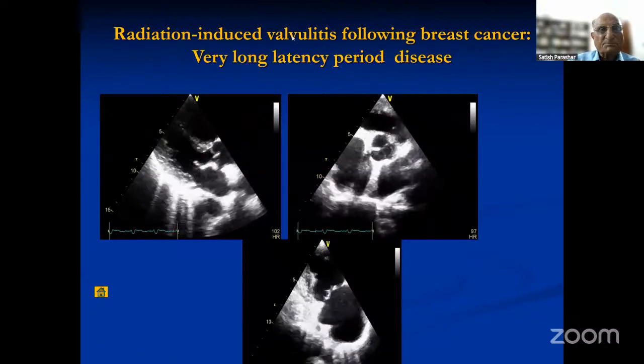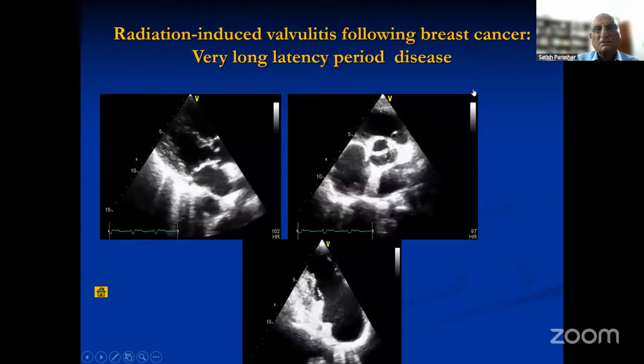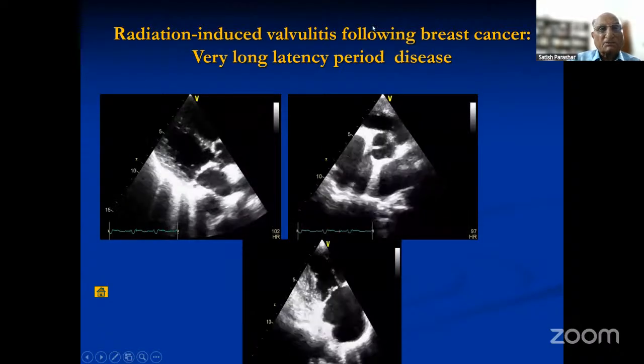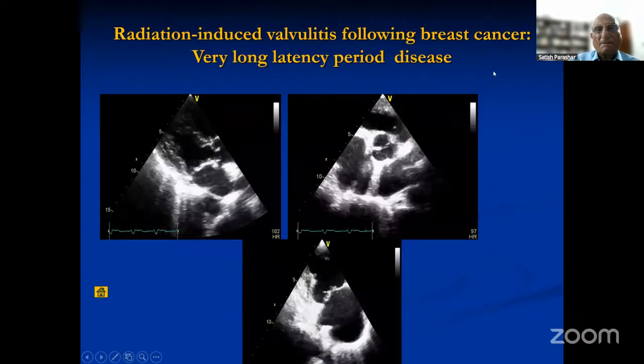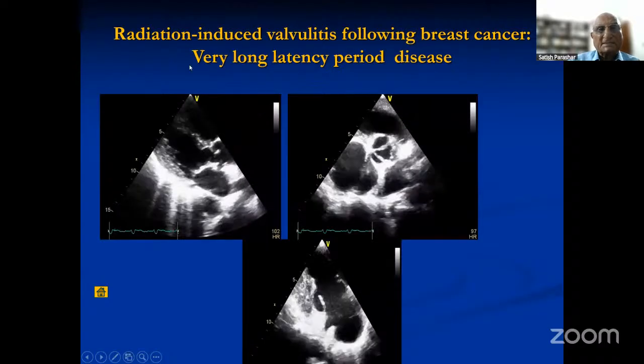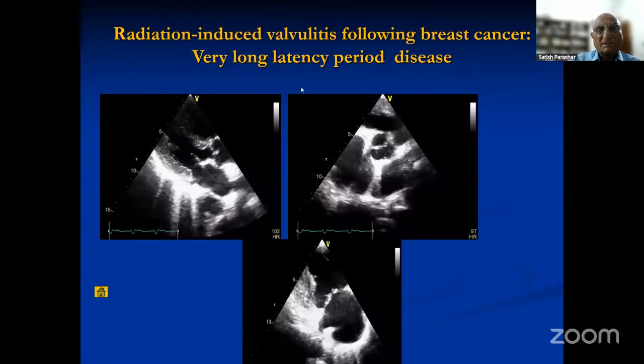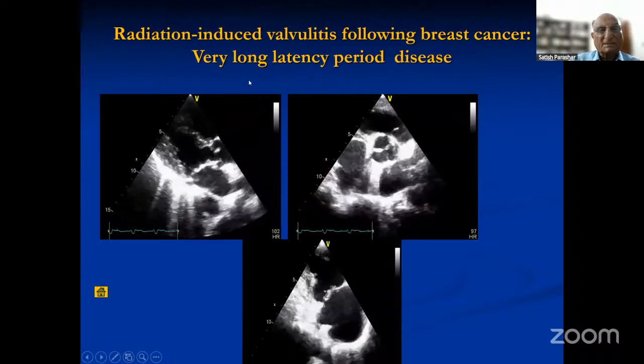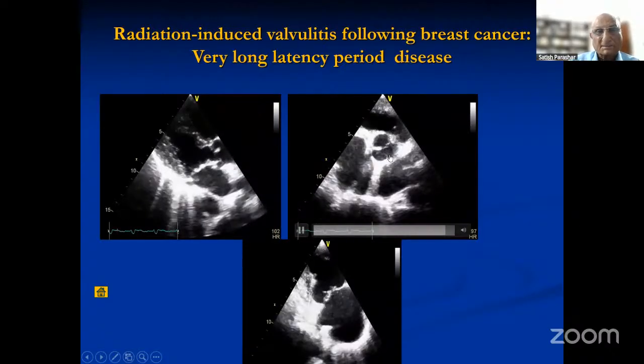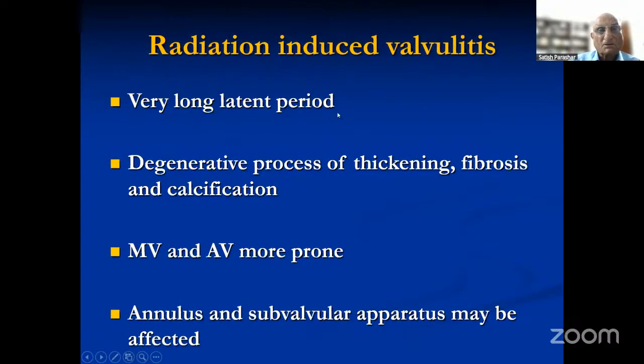And these patients usually have a very long latency period. So that is why when a patient is on a sort of a radiation therapy, more frequent echo should be done sometimes to look for any valve involvement. And it has got a very long latent period with a degenerative process of thickening, fibrosis, and calcification. The mitral valve and aortic valve are more prone somehow, and the annulus and the subvalvular apparatus may be